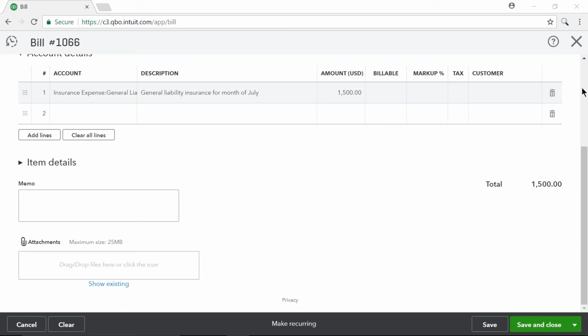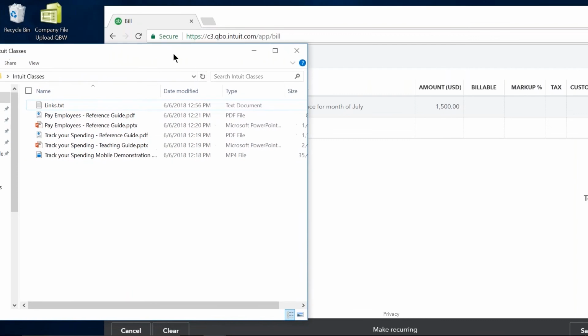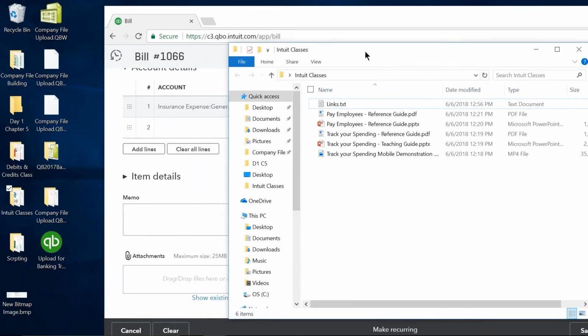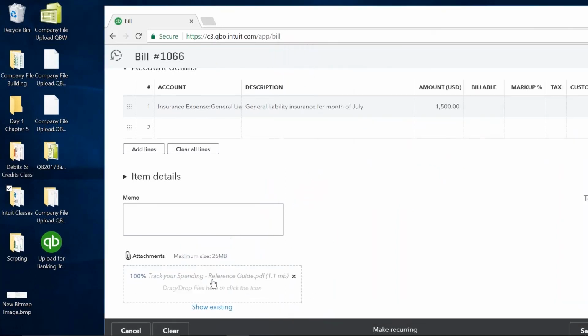So right here, what I would do is I would find the PDF. I'm going to go ahead and show my screen right here, just to give you a little bit of a hypothetical. What I can do is find the folder where I am keeping that receipt, click that receipt right there, drag it over into the attachments area, and release it right there, and that attaches the PDF